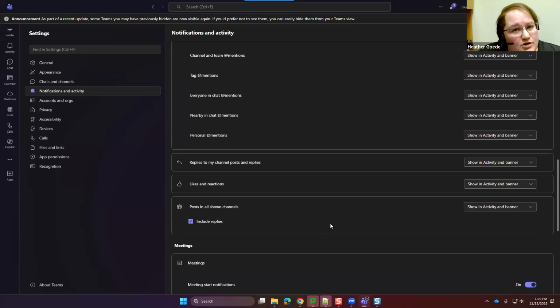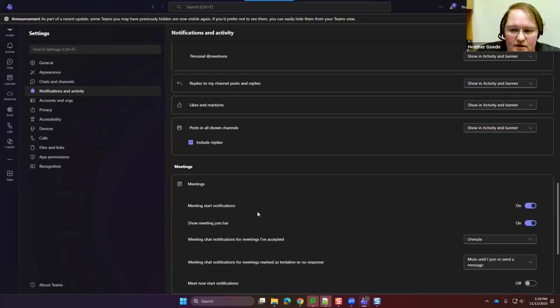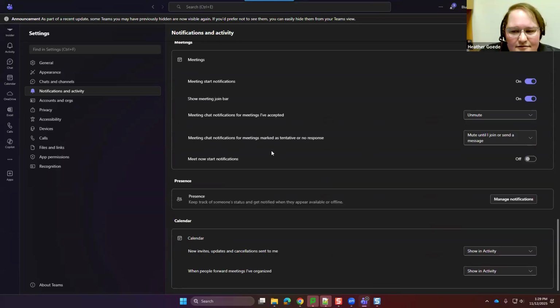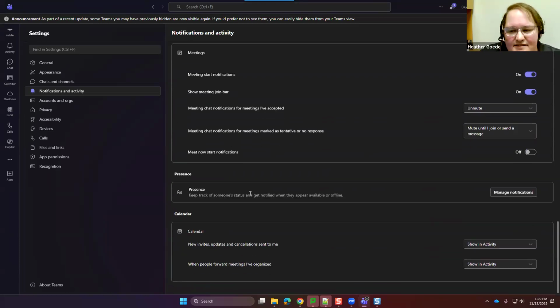I also recommend that you check the box that says include replies, because this will make sure that you get those notifications when someone continues to reply and further conversation is happening in that chat thread. Let's see here. Further down, we've got some meeting stuff. Most of this